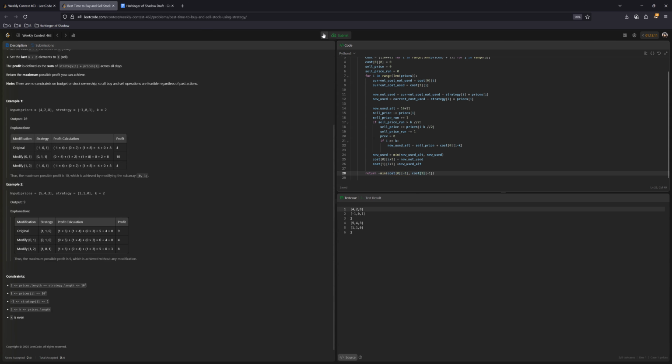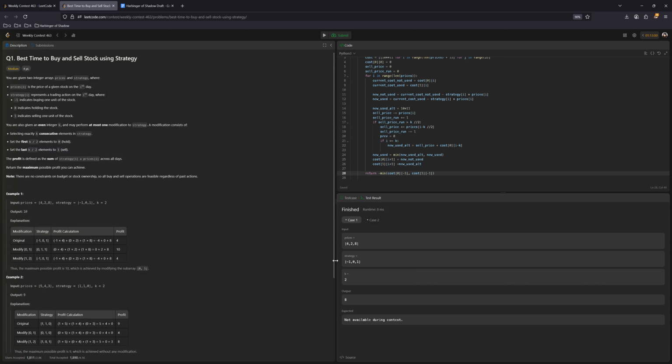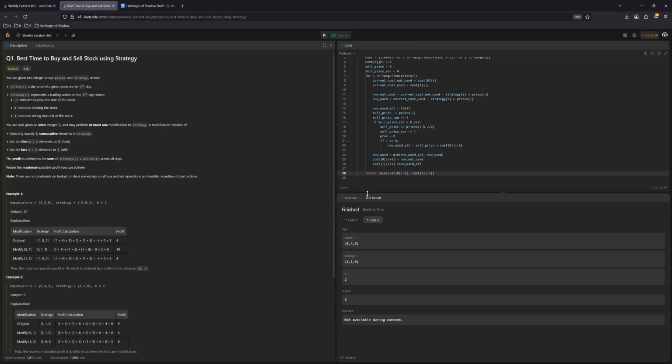All right. What do you mean? What do you mean not available? 2 8. Output is 8. Output is supposed to be 10. So far off to a bad start. So let's see here. The original is